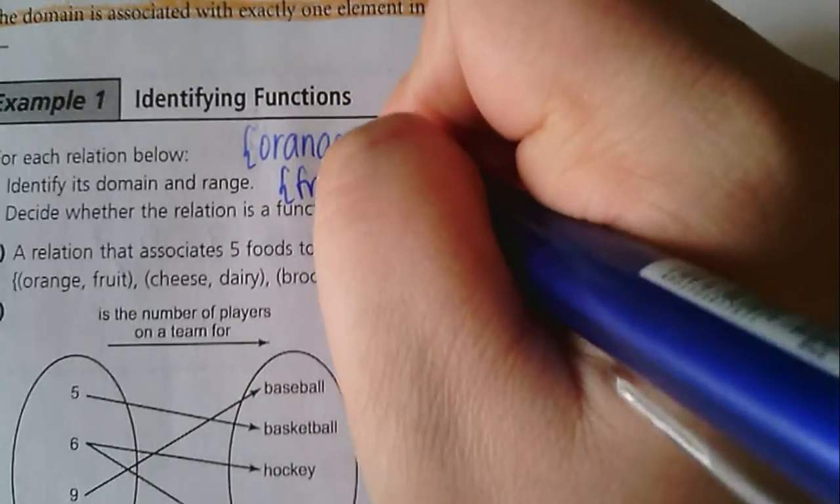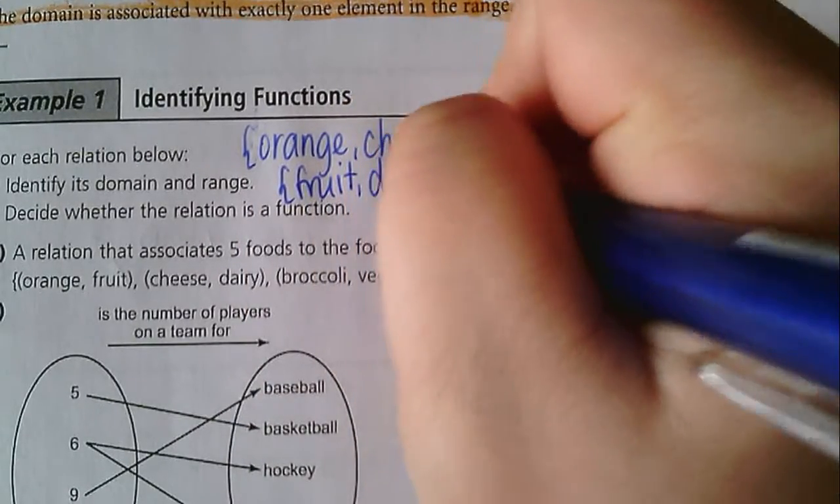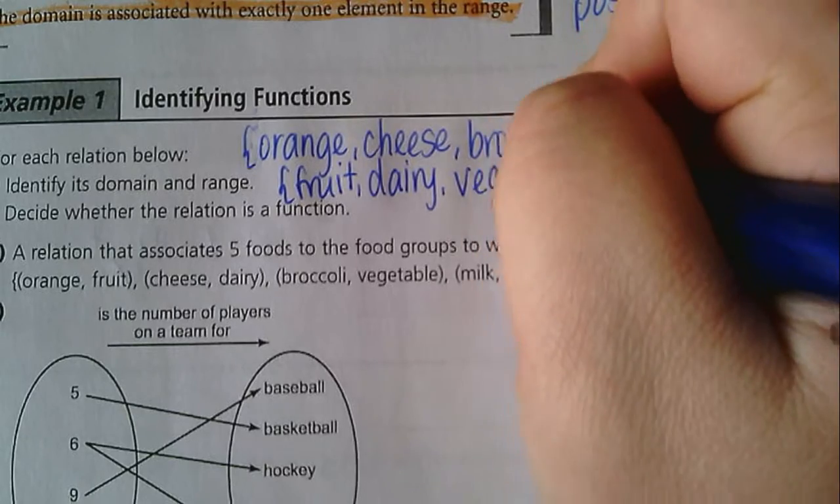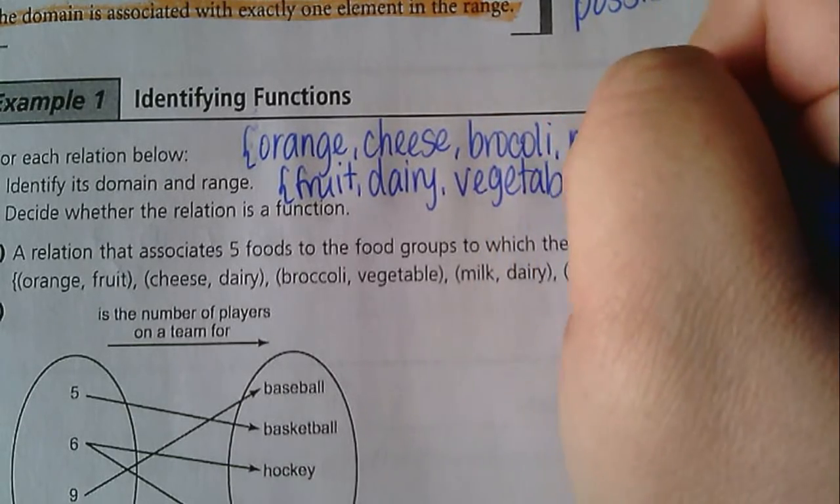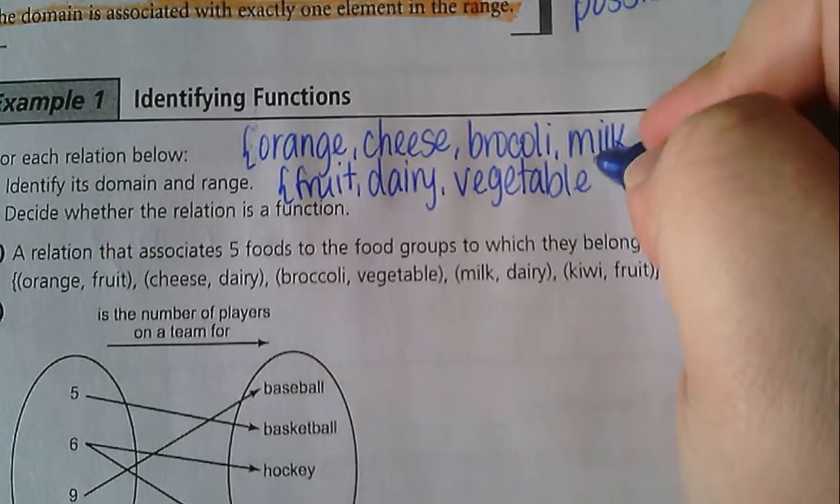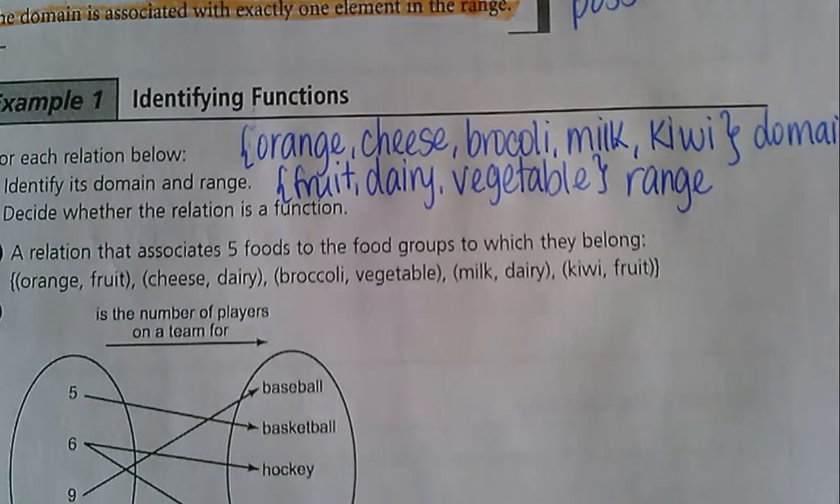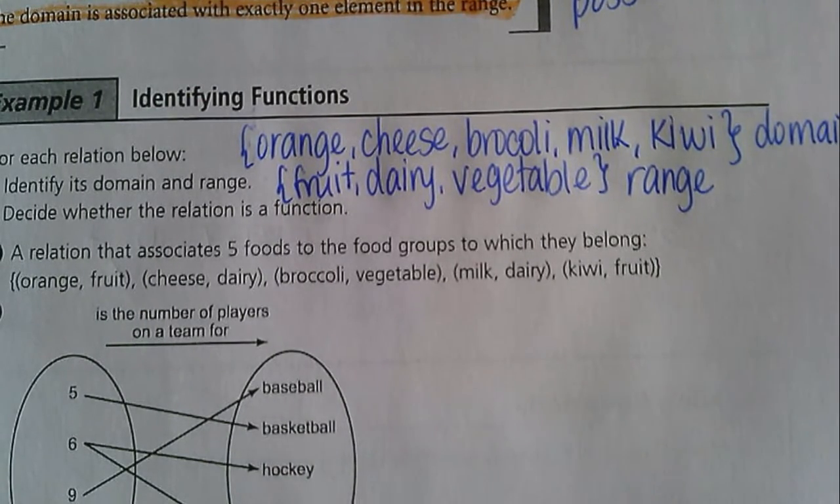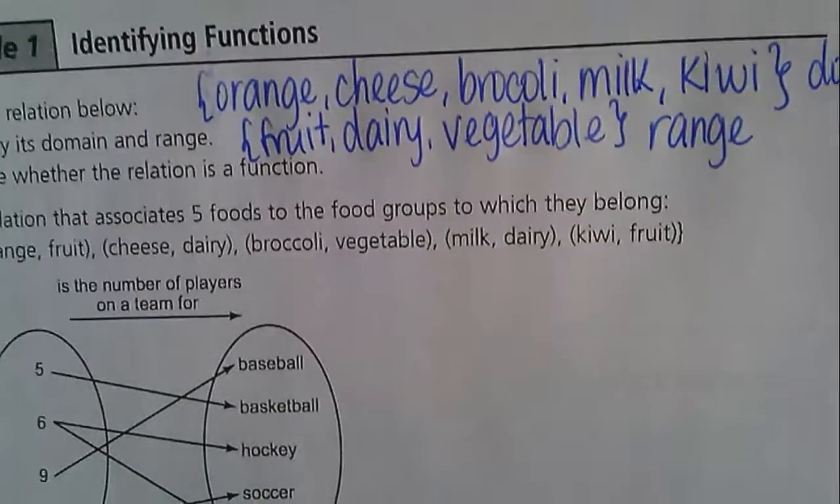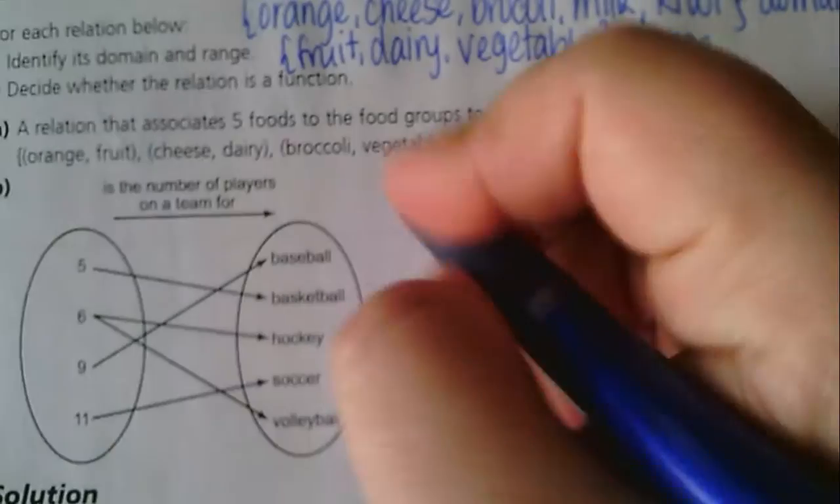So I have fruit, dairy, vegetable, and then we'll notice that dairy and fruit are repeated, so I don't need to write those out again, and that's my range. Now, if I was to look at the second set here for domain and range,